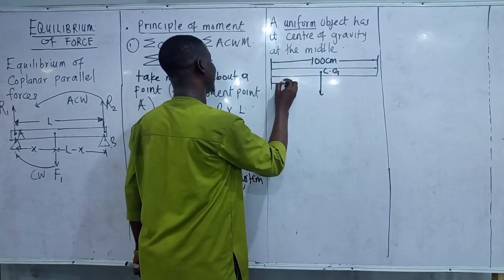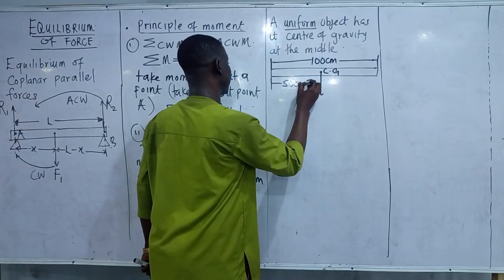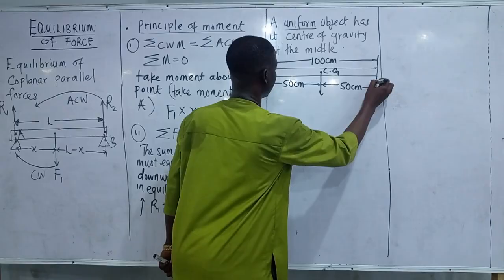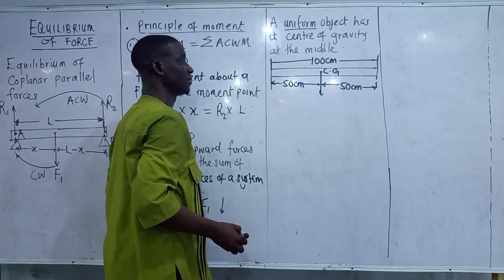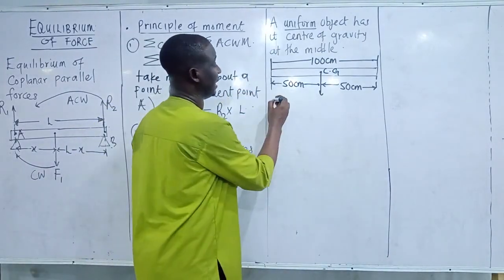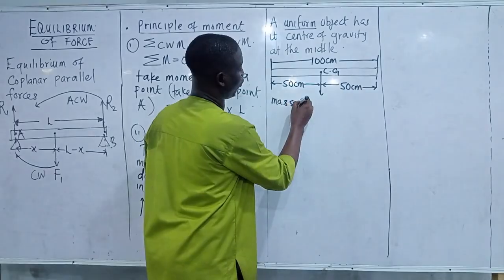What is the center of this one? Here will be 50 centimeter, while from here we also have 50 centimeter. Once they mention it, and if they tell you the mass of the object,